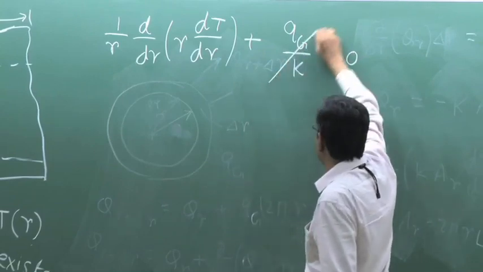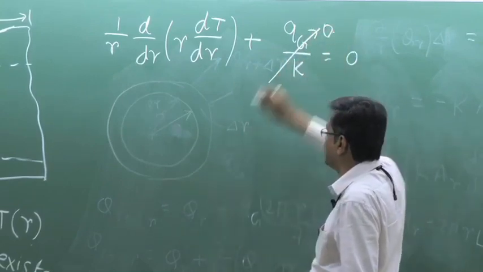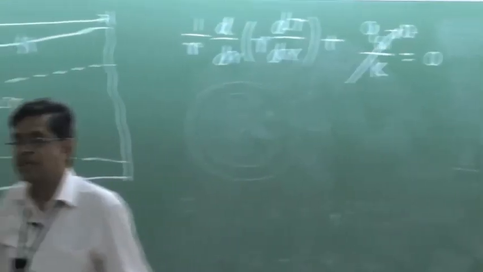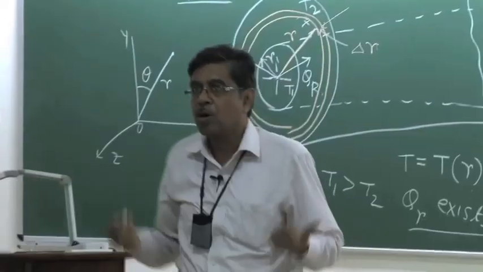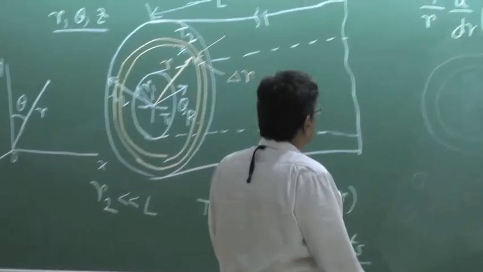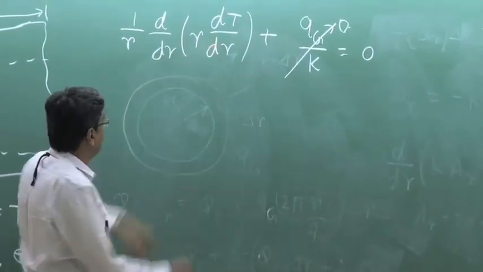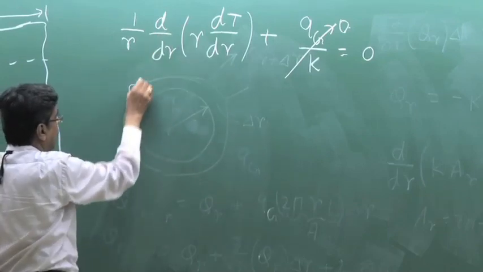Next, you consider without heat generation, that means q_g is 0. That means without heat generation, steady state, constant thermal conductivity, the expression is 1 by r d/dr of r dT/dr equals 0, which means d/dr